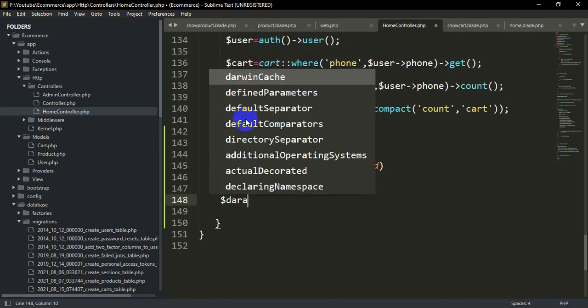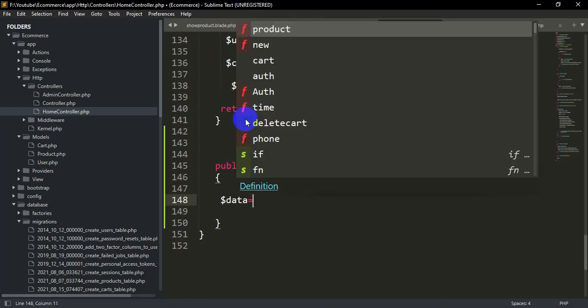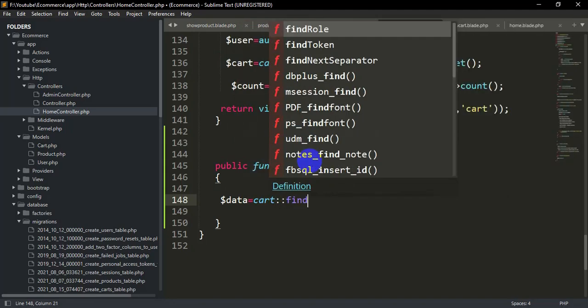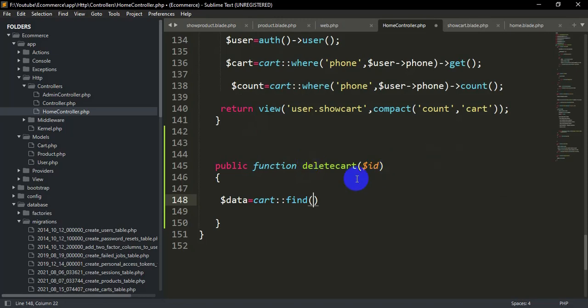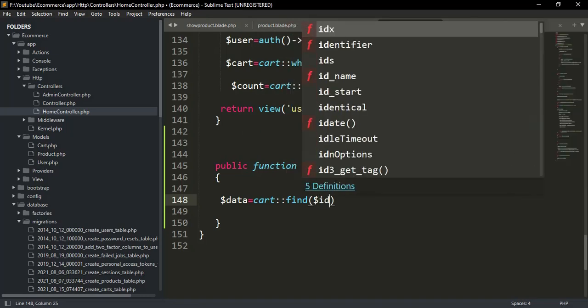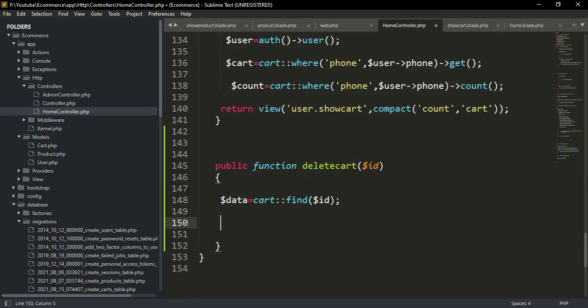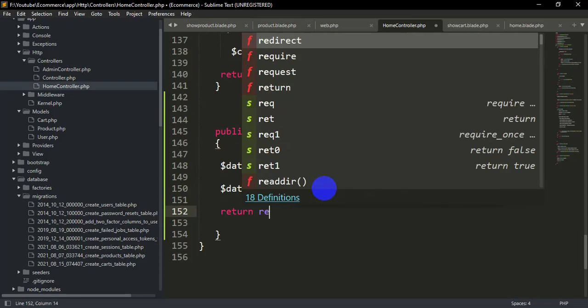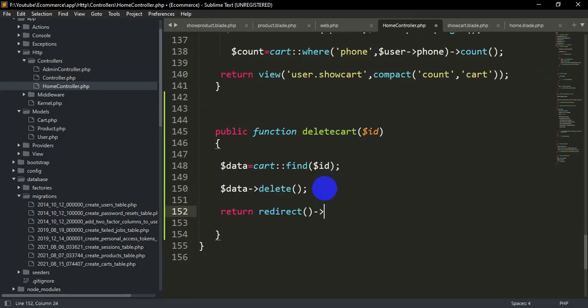Let's say $data equals, we mention the table name which is cart, then we say find, and inside this find we mention $id. After this we just say $data->delete. It will delete this specific data in the cart table. After this we'll just return redirect back.